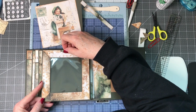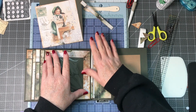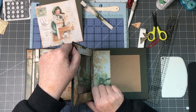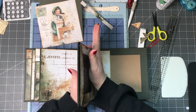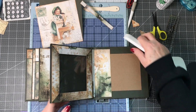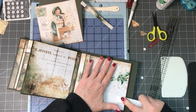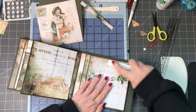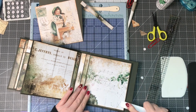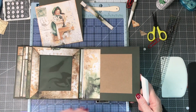So once I have this all together, I can put this down on my page. And it's just really about adhering it down. And because we have scored along the edges, or we have those hinges along the edges, it will give us enough room to, I'm going to do this side so I can get a better grasp on burnishing that. There we go. So now we have our matting down,